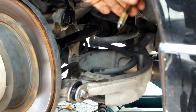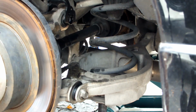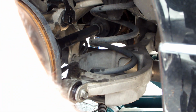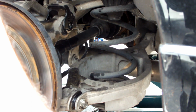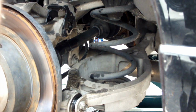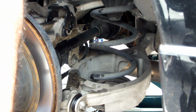So depending on how, see, this guy came out directly, so this is good because that way this piece just shifts out of the way. So now, very carefully, we have to lower the bottom. It just pops out. See? There. That has enough movement and play in order to now come up here and we remove these mounts,